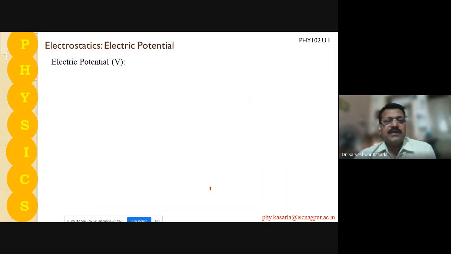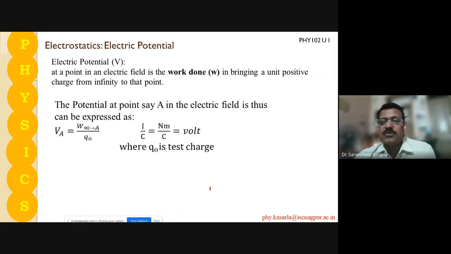So let us define the electric potential. Electric potential is nothing but the work done in bringing a unit positive charge from infinity to that particular point. The potential at a point, say A, in the electric field can be expressed like this. So potential at point A will be equal to the work done in bringing unit positive charge from infinity to that point, and